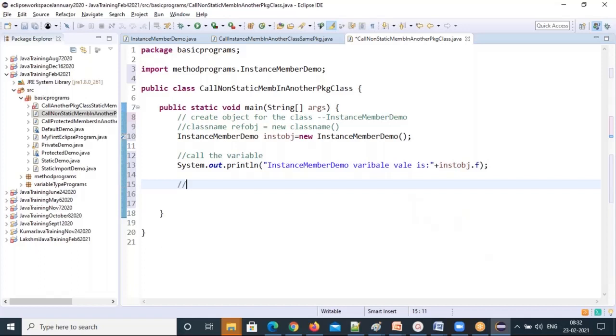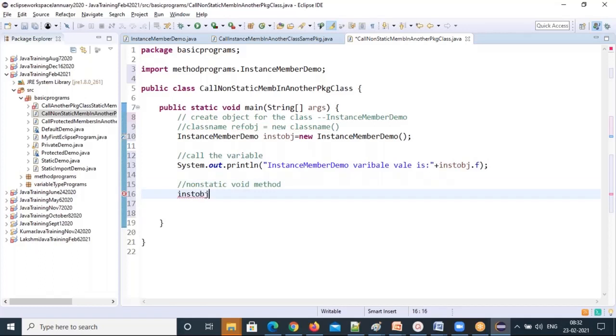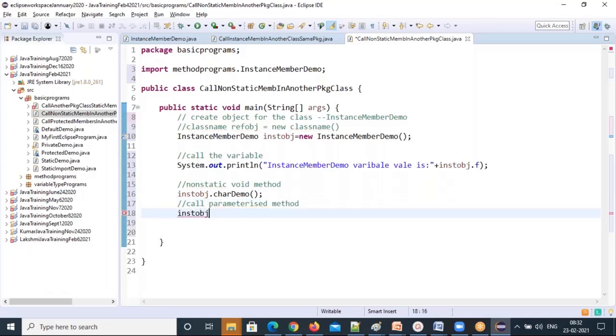Then methods, non-static void method, just calling the non-static void method, inst obj dot char demo. So this one, and call parameterized. So inst obj dot swap. Because both are public, that's why you are able to call both things, otherwise you cannot call.